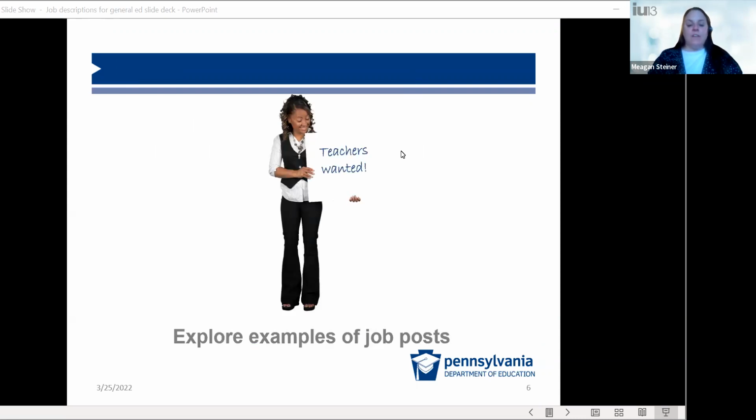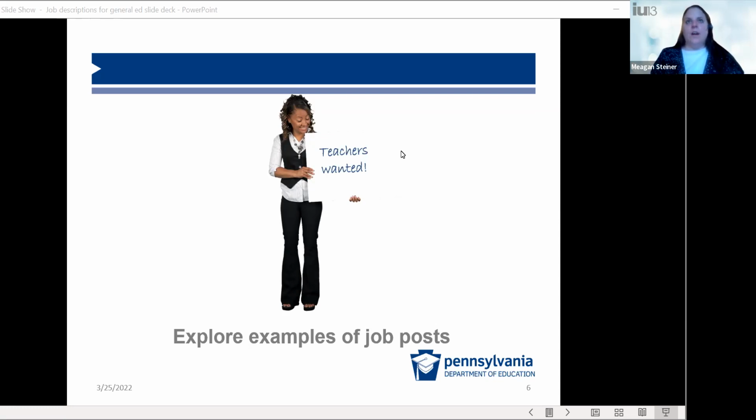So with that, we'll explore some examples of job posts. Throughout this presentation, we'll use the terms job descriptions and job posts interchangeably, because of the expectation that any post advertising a job opening should include or link to a full job description. And I understand that some online job search platforms don't allow enough space for a full job description in the main post. You may just need to prioritize certain information, but would want to link to a full